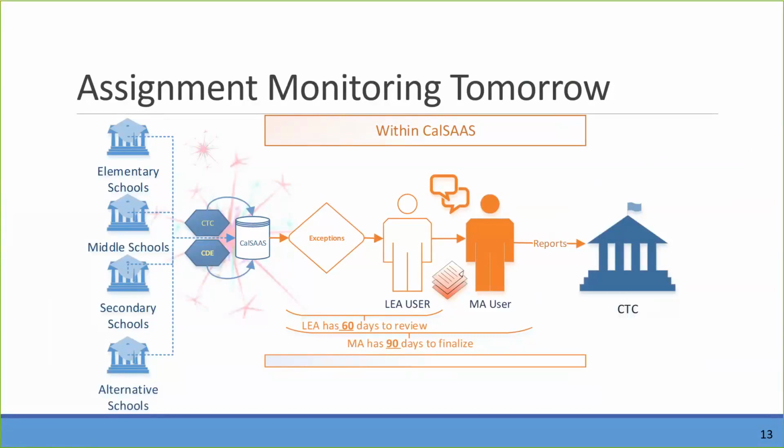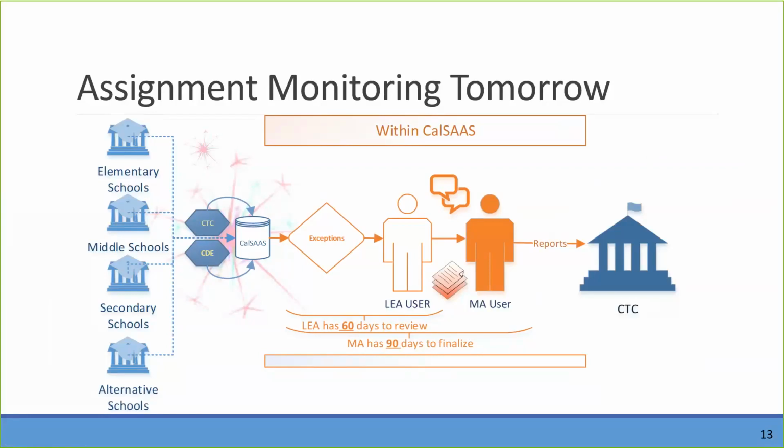The monitoring authority has 90 days to finalize and make determinations on those exceptions once they review what the LEA has provided as justification. So the monitoring authority technically has 30 days then from the end of that 60 days. They have an additional 30 days to complete their work.